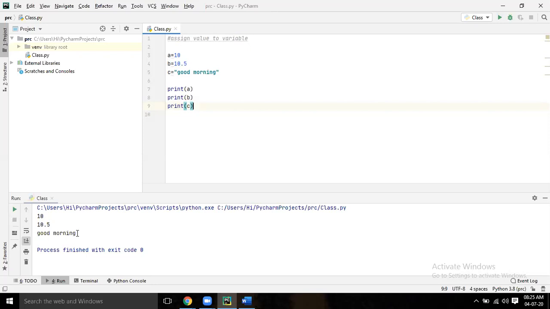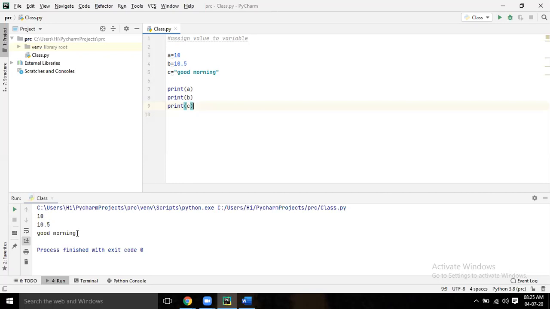Any string apart from a number, you have to give in single quote or double quote. Clear? Now you want to display the values present in those variables. For that you have to write print a, print b, print c. All clear?